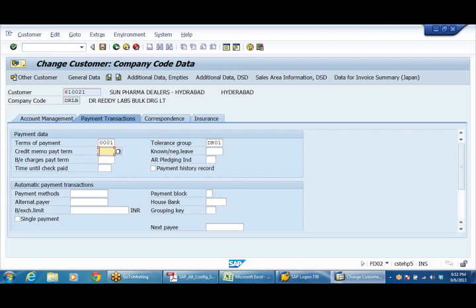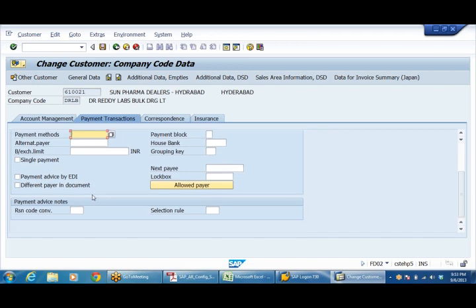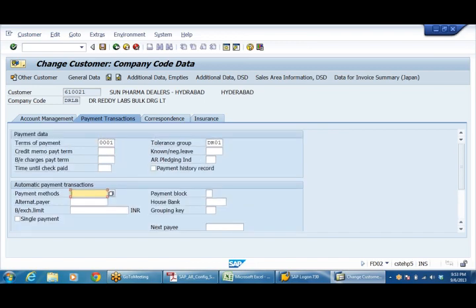So create memo payment term. If you have anything like that, we can use time until the check is paid. Here check means check, right? See, there are so many fields. All fields are not required for us. Only those. Here payment methods are there. If any payment method that we are going to define for the receipt, either check payment or whatever it may be, that can be given here. Right, these things for the time being are not required for us.